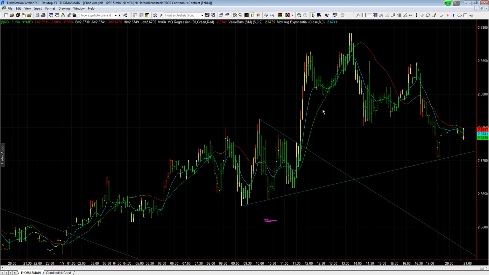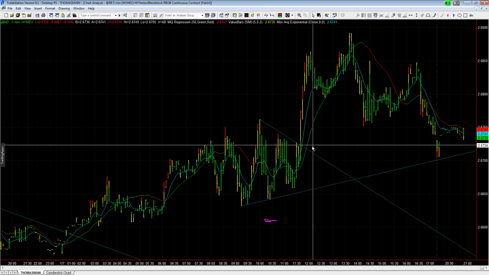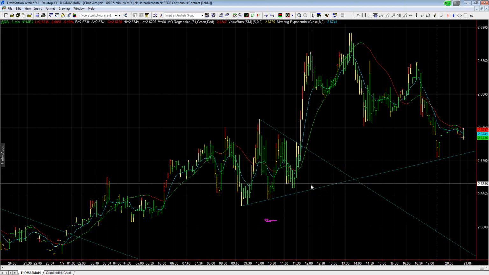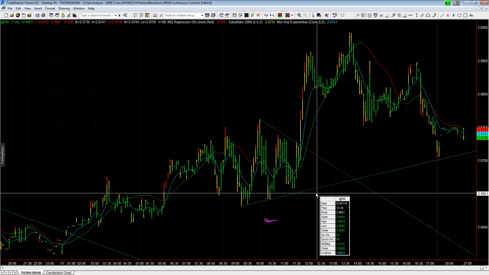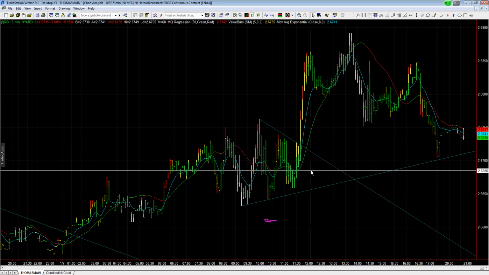A little bit less, about $650, $700 a contract to the upside. Your risk on this trade, I would not have put my stop all the way down at the bottom, because that would have been risking $400 a contract or so. Stop would have been halfway in the middle.